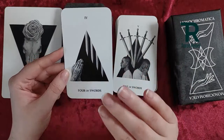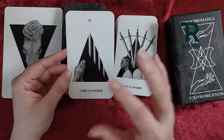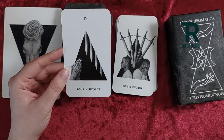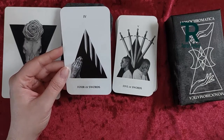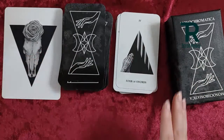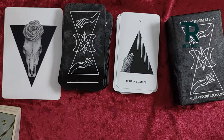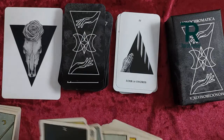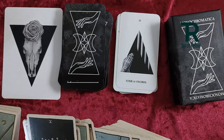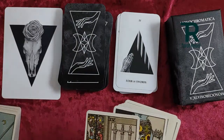This Four of Swords makes no sense to me. Why is this person praying? I mean, it does make sense in the context of the original card. However, if you're a beginner and you haven't seen the traditional meaning, this doesn't make sense. It looks like you're praying to the swords, and it's, what is this? Let me show you the original card, because I'm sure I'm not the only one having trouble with this. I do understand